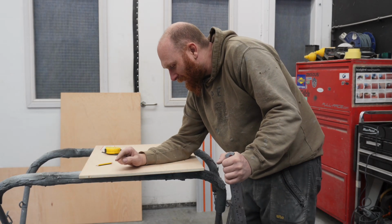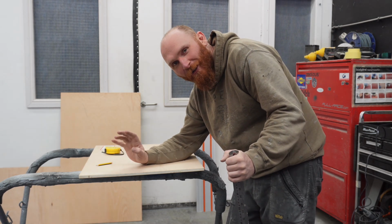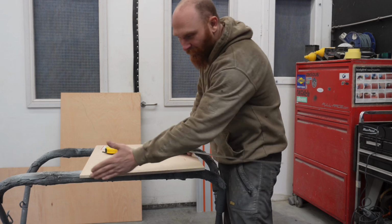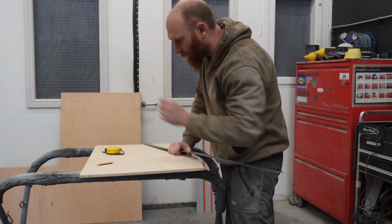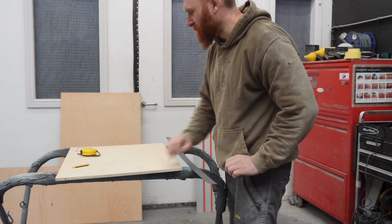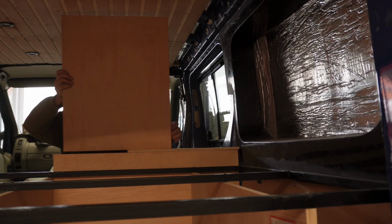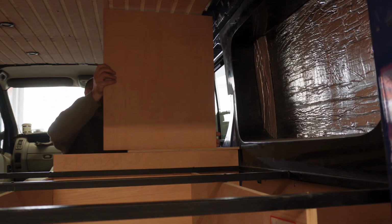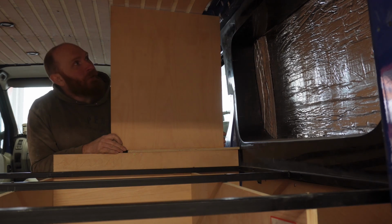I measured it properly this time by working it out from where I measured it wrong in the first place. Just give it a sand on the end there because the blade struggled to get a nice cut where it went so thin. So hopefully that should now fit. You watch, it won't fit now. Well, we're on the right track, but I've got to notch it out